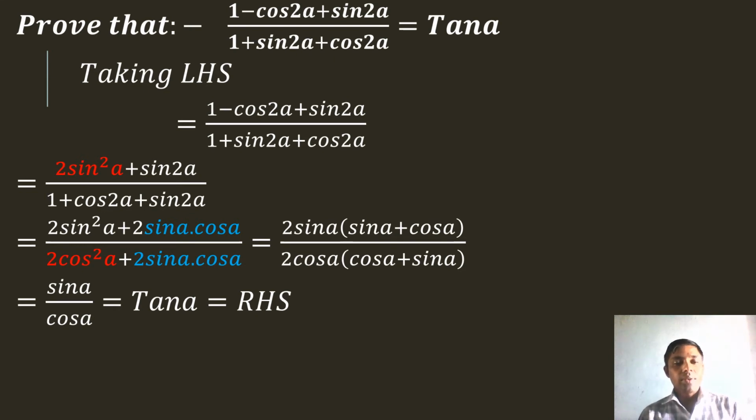According to our algorithm we have seen that first we have to remove 1, then we have to write the formula, and we have to take common or add or cancel. These things we have to do. So here we are getting common, so first we are taking common. As we take common, the other term is sin a plus cos a, and sin a plus cos a will cancel out each other. In the same way 2 will also cancel out, then the remaining will be sin a by cos a, that is tan a.